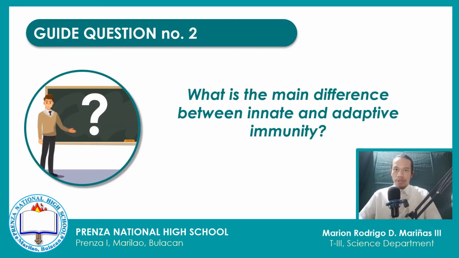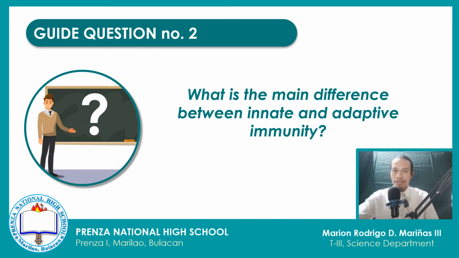Before we proceed to the next part of our discussion, please answer this question using 1 to 3 sentences only. The question is, what is the main difference between innate and adaptive immunity? Please write your answer on your activity sheet. You may pause this video while answering, and once you're done, you may now proceed watching the next part of